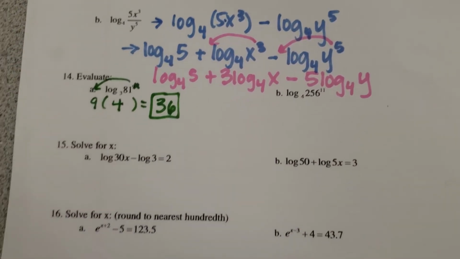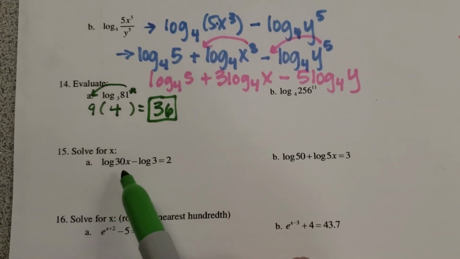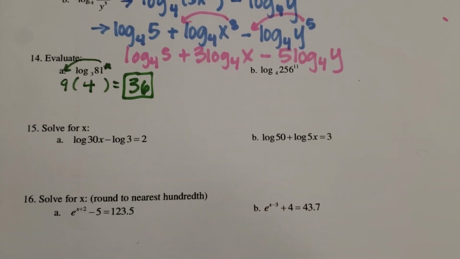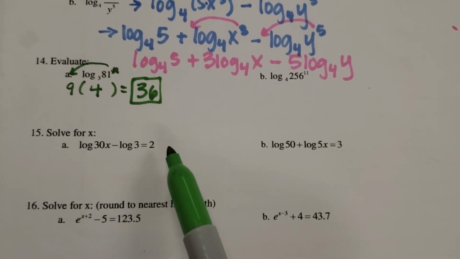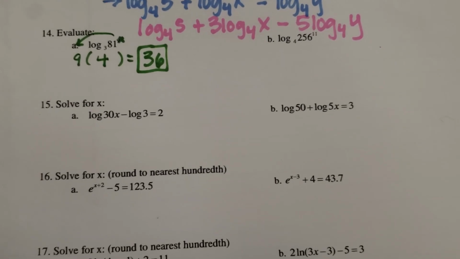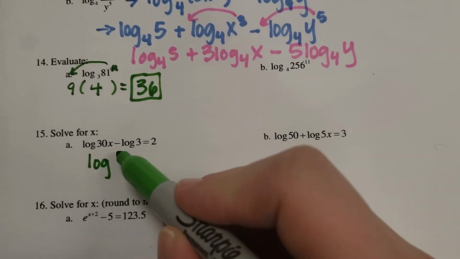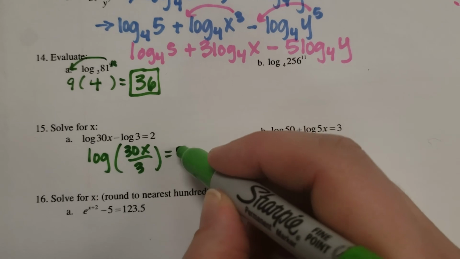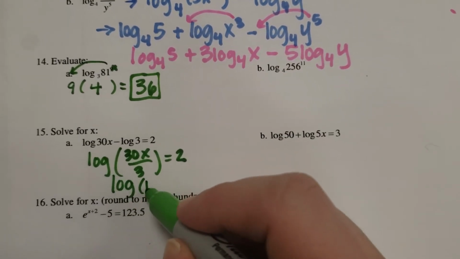All right, I'll go ahead and look at 15. So it says to solve for x. So I've got 2 logs here. All right, log of 30x minus log of 3 equals 2. So when I'm solving the logs, I just want a single log on one side. So I need to combine these two by dividing. So I'm going to divide. So it's going to be log of 30x divided by 3 equals 2. So 30x divided by 3 is 10x. So that's log of 10x